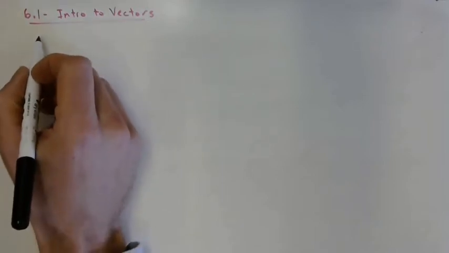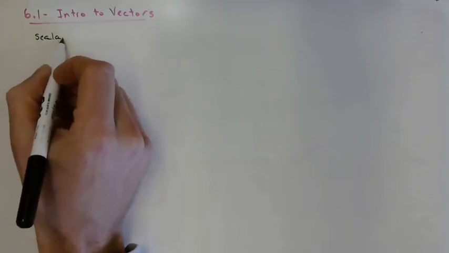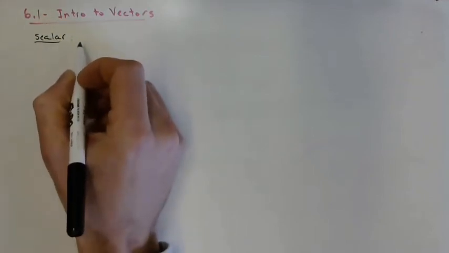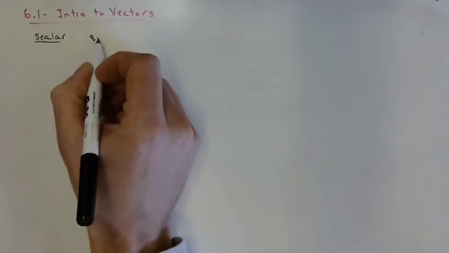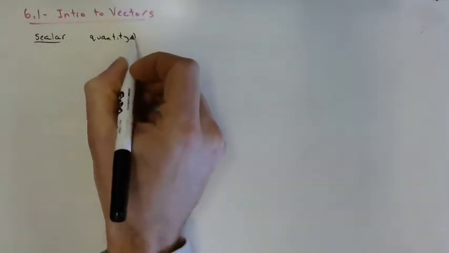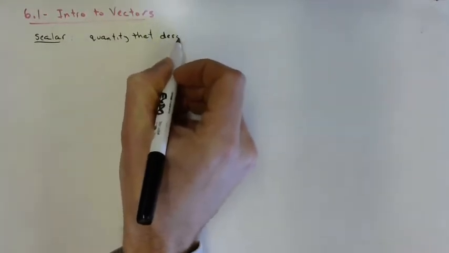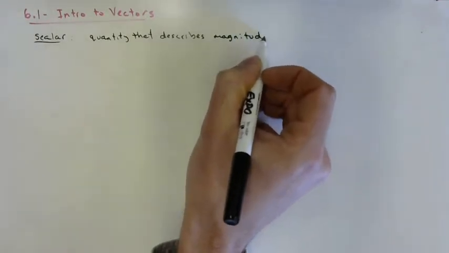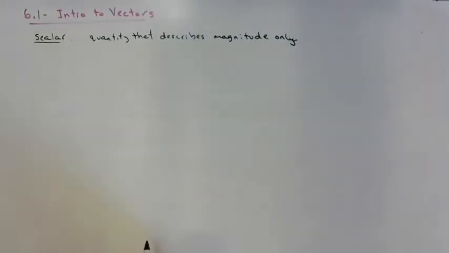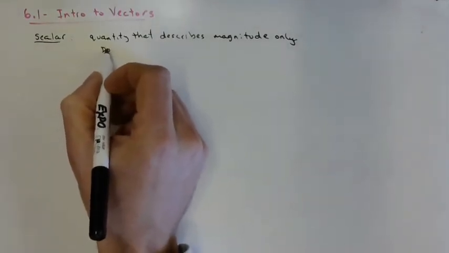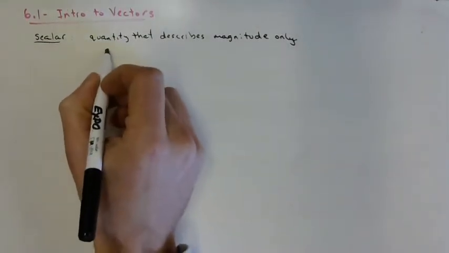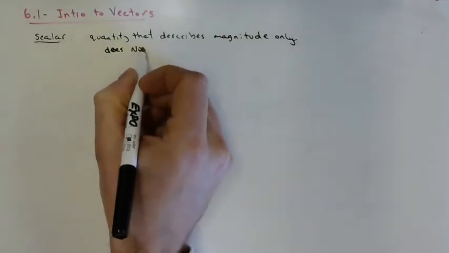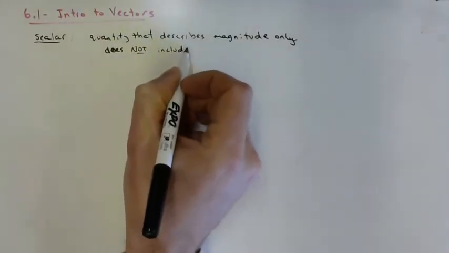Before we get into what a vector is and how to use them, we want to compare and contrast it to a scalar. So we're going to have two words here. First one is scalar. This is a quantity that describes magnitude only. Magnitude only, so not magnitude and direction, just magnitude. It can be with or without units, but it does not include